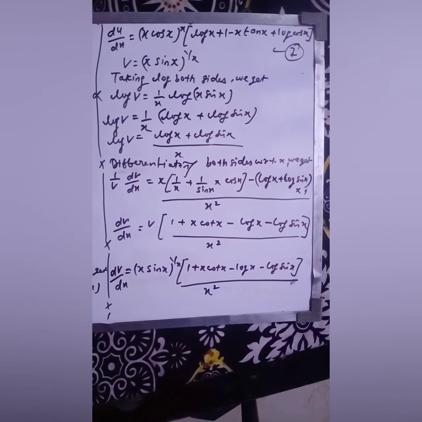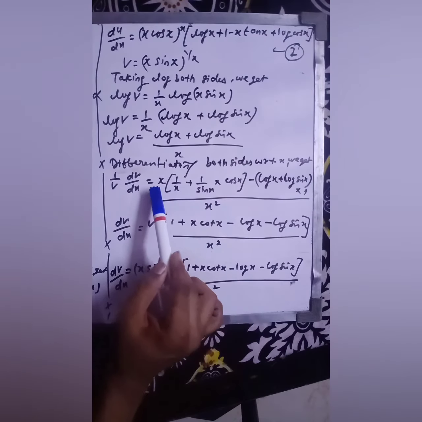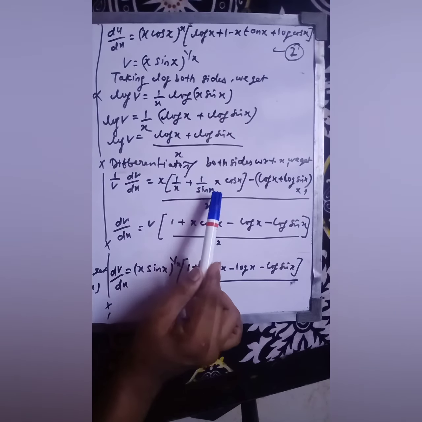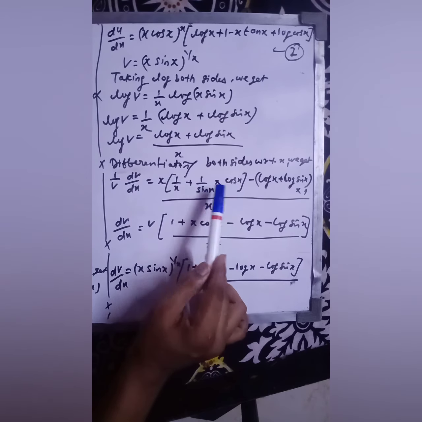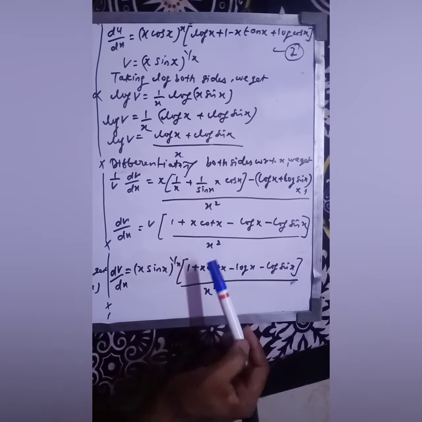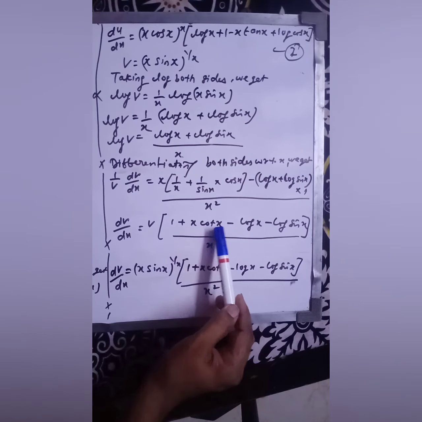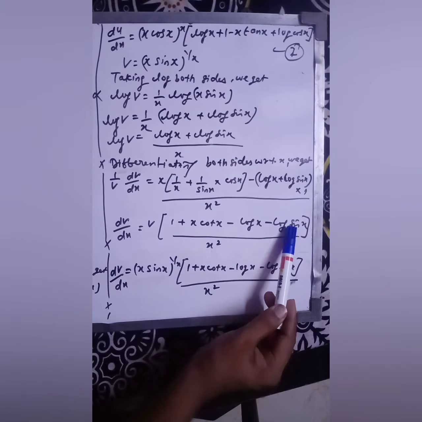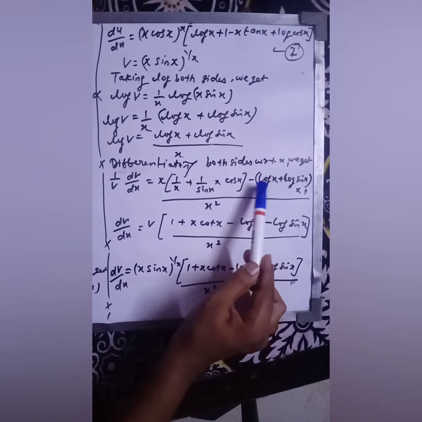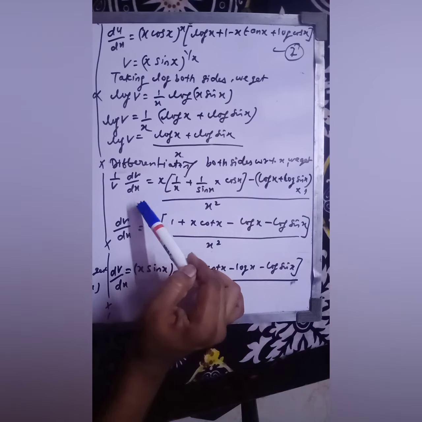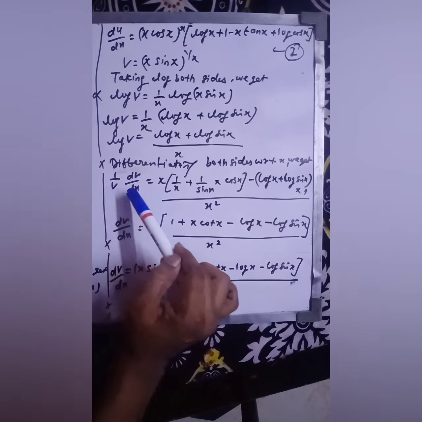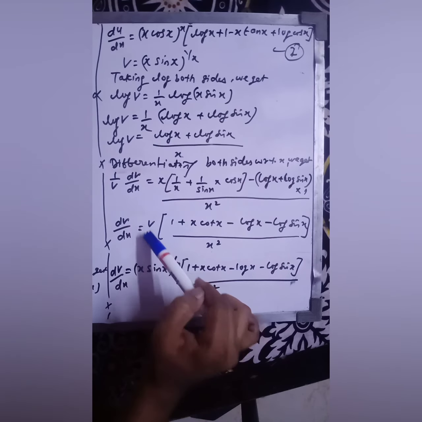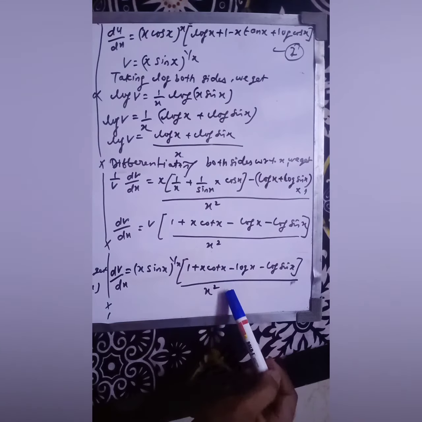Fine, in the next step you just have to simplify it. I mean inserting this x inside this, so it would be 1 plus x, this is cos x upon sin x, that would be cot x, so x cot x minus log x minus log sin x. The sign will change because minus is outside, and this v will come, this v is coming here. So now you have to put the value of v and this will remain the same.